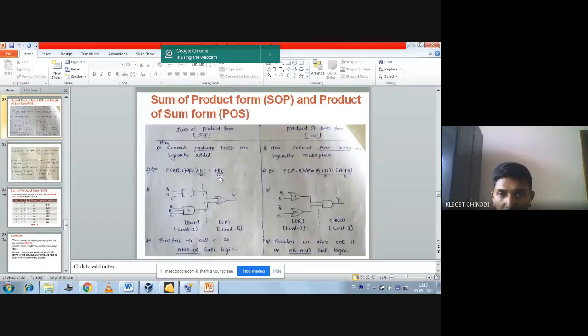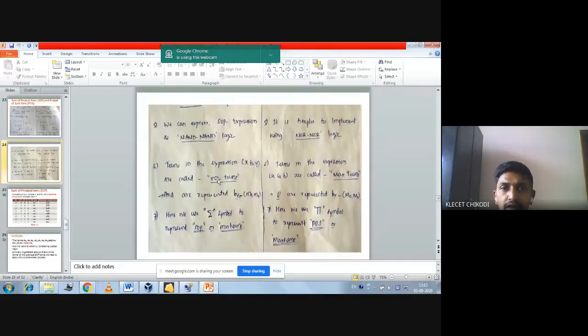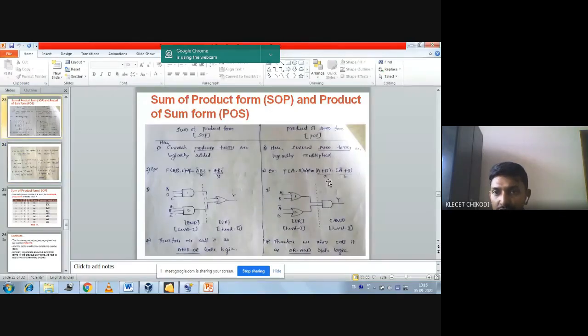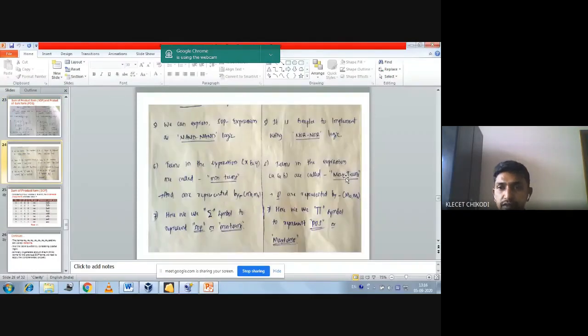And you can see that the terms in the expression, the small x, the small y. The terms in the SOP function are called min terms, MIN terms. Similarly, the terms in the POS expression, that is small a and small b. What are those small a and small b? I have named the sum terms, that is A plus B, as small a, and A bar plus B as small b. So these small a and b we call max terms here.